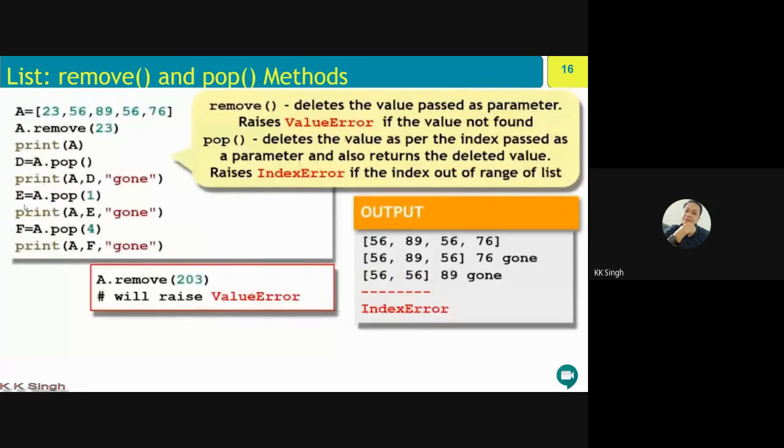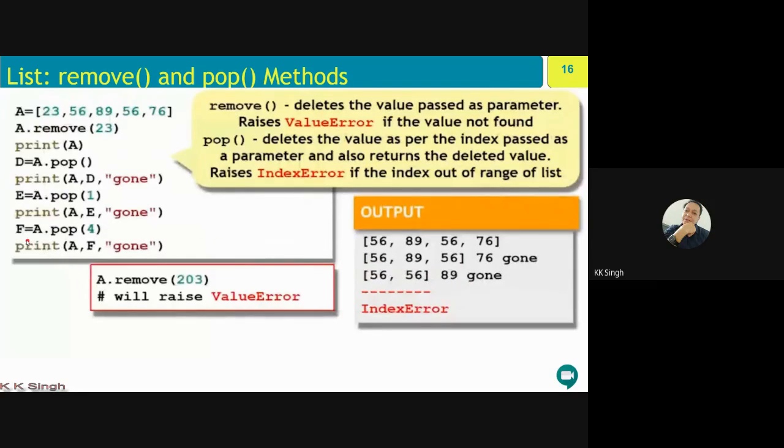So 56 and 56, and the popped value will be printed after this list. So A comma E comma gone will print 56, 56, then popped value 89, and with the masses gone. So 56, 56, and 89. So this is the output.